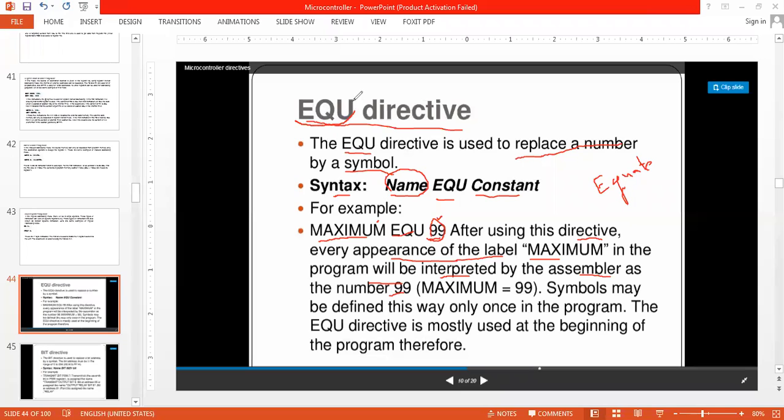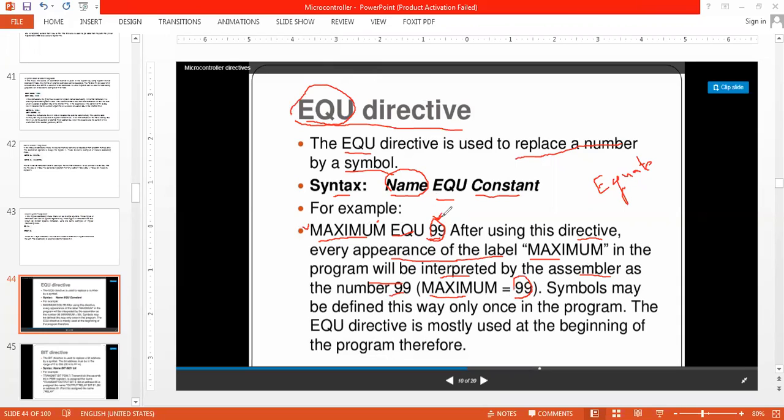EQU is one of the directives telling the assembler that the label is representing a constant number. So whenever maximum is called, maximum is nothing but 99.